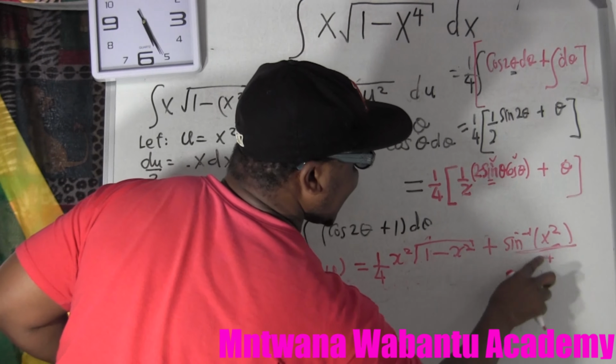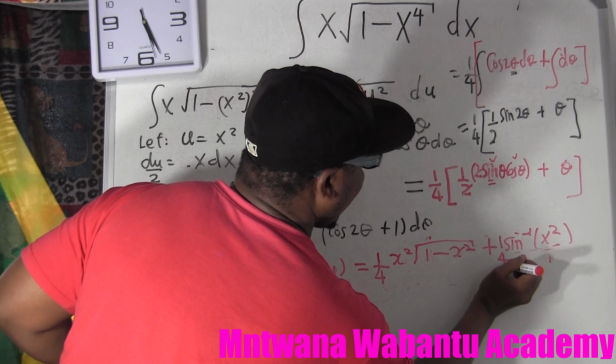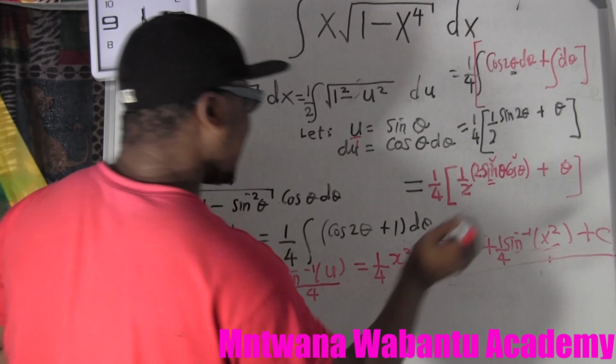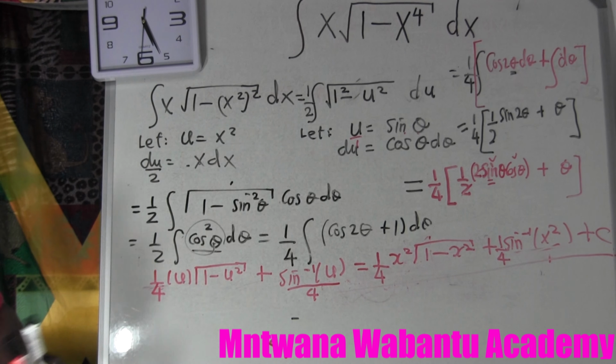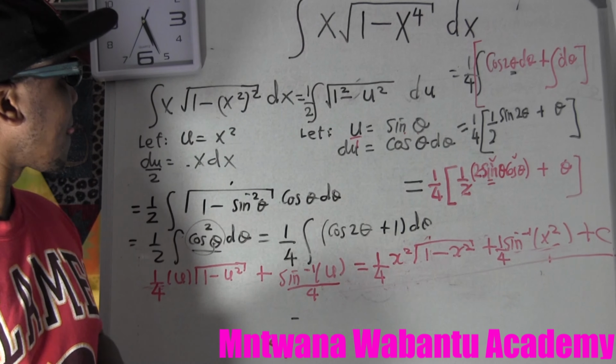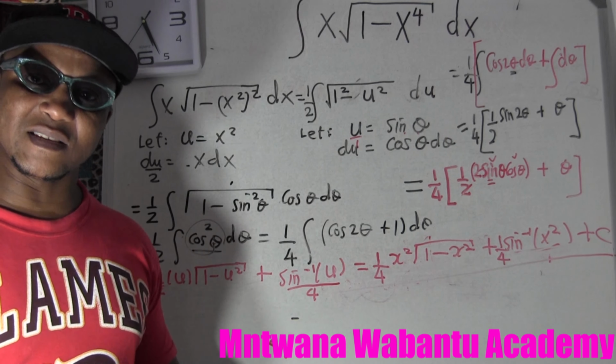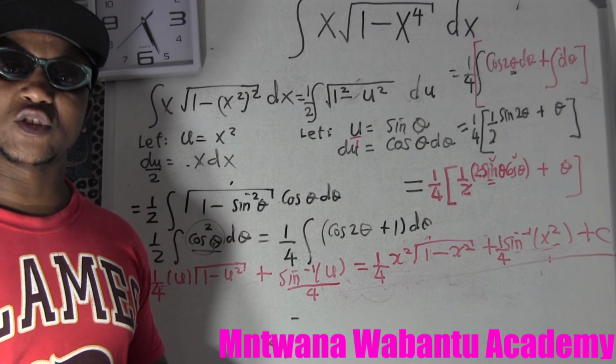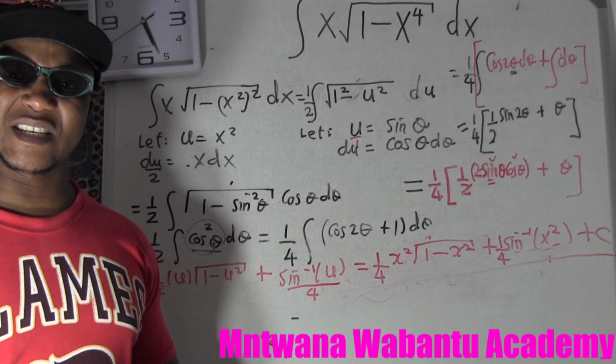Or if you don't want to do that, you can just write here prime, and then you can add your constant. And that's the end of the equation. So, it's a very interesting question. It's an easy question. All you need to remember is trig